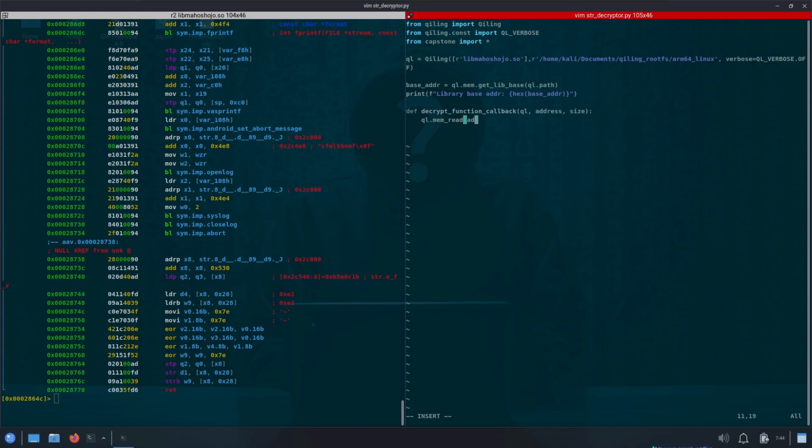ql.mem_read. Here we need to pass two arguments. First one is the address and second one is size. Let's store it inside a data variable. Okay, just to make sure the indentation is right. So now this data variable will be containing our instructions in the form of bytes, and to disassemble these bytes